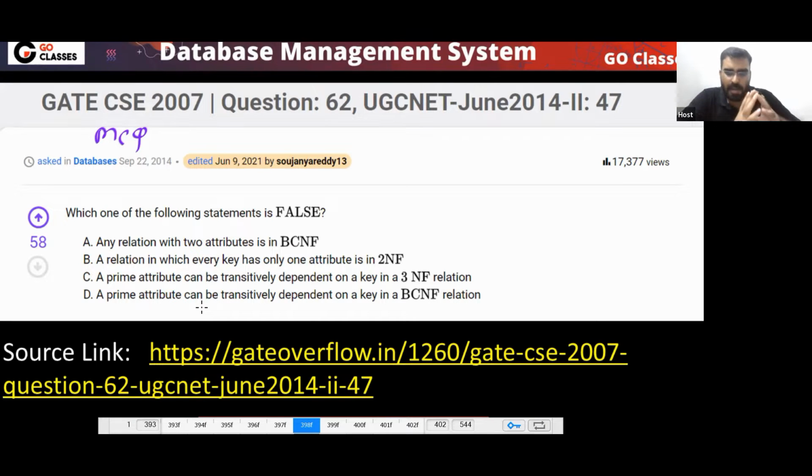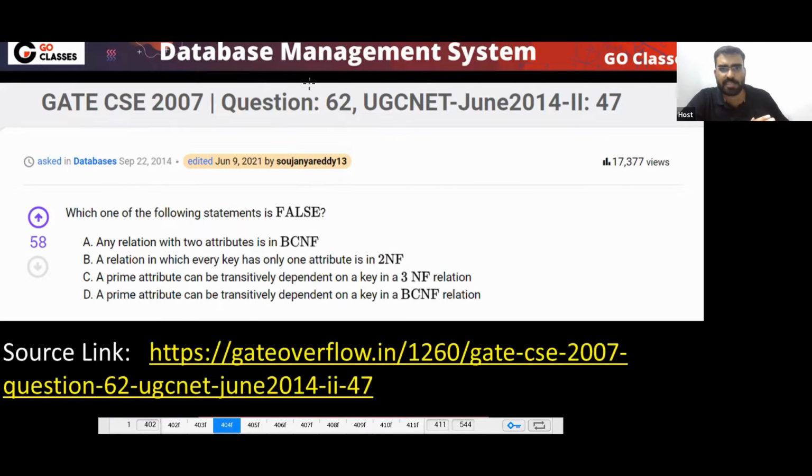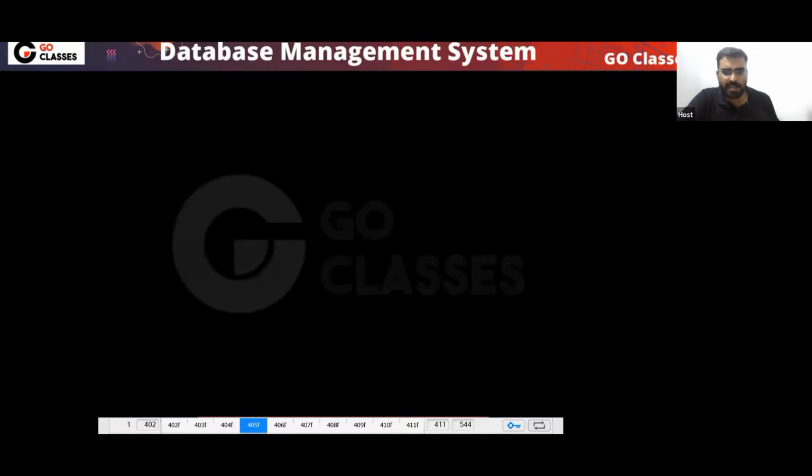First, let's solve by our correct concepts. Let's apply all the correct concepts that you have studied. Any relation with two attributes is in BCNF. Can I say this is in BCNF? If a relation has two attributes only,